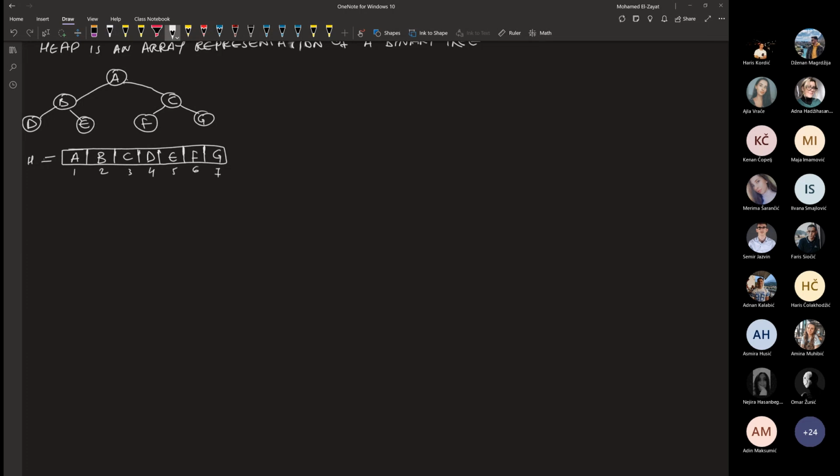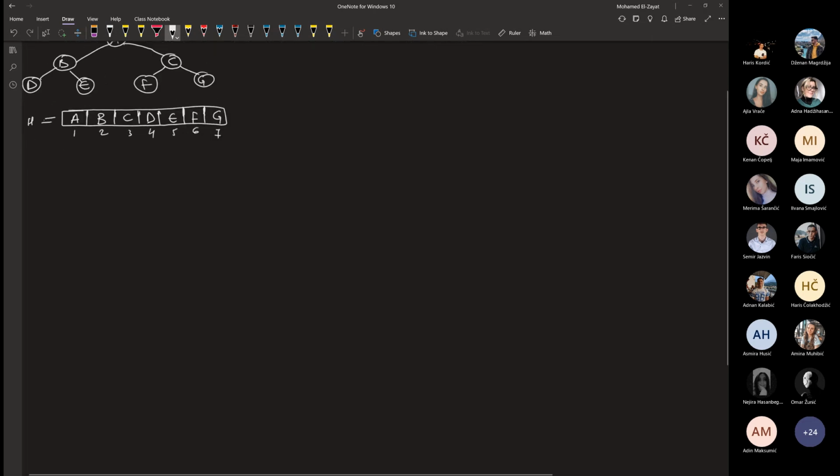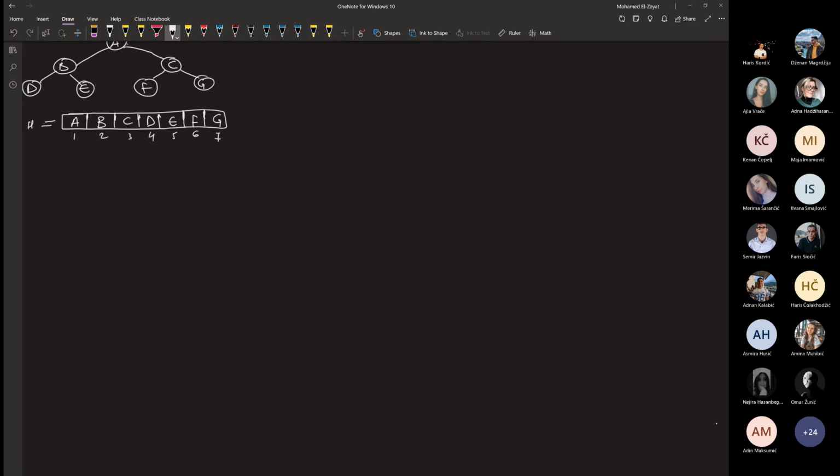So assuming the array starts at index 1,